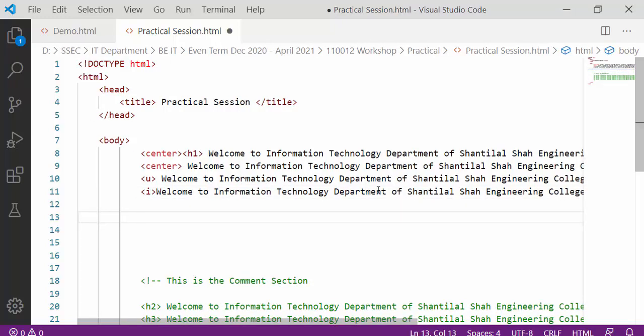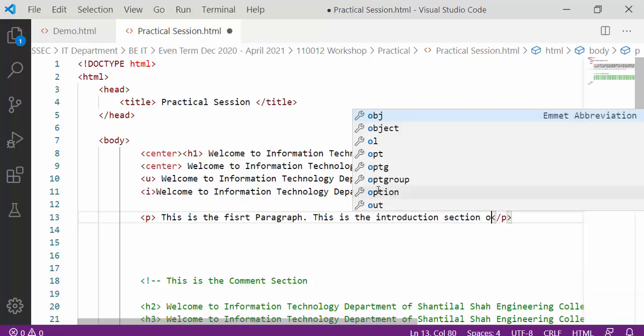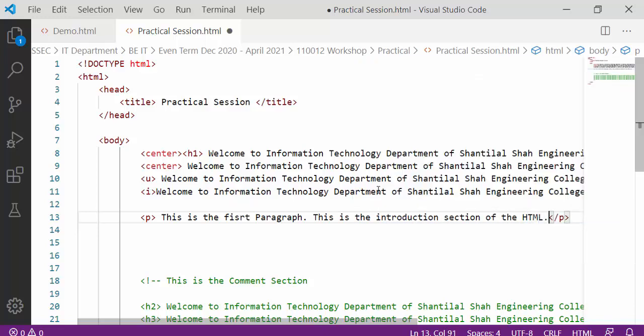Say, for example, if I am starting here with P, this is the first paragraph, this is the introduction section of the HTML.